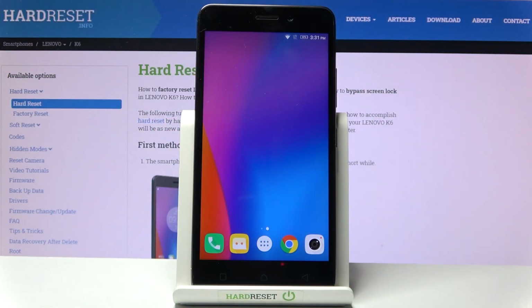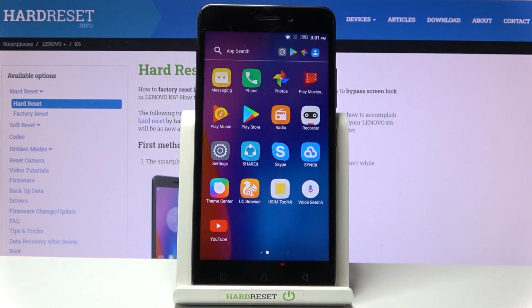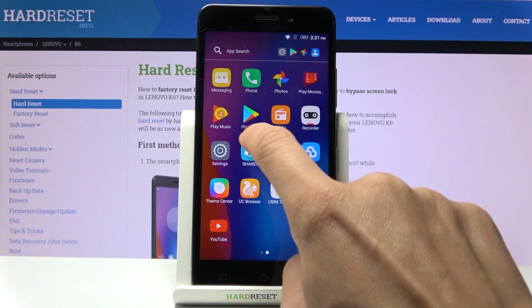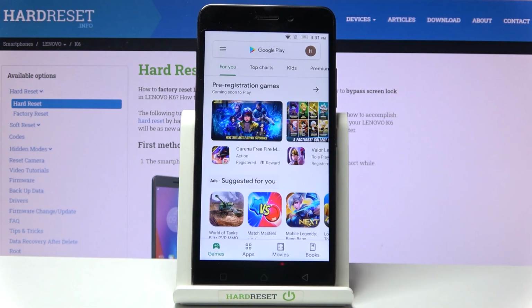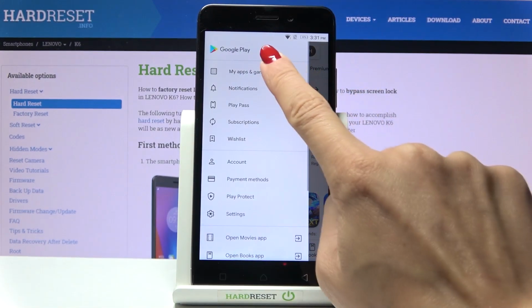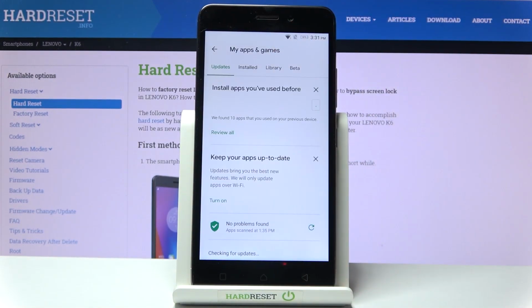Here we've got LG K6 and let me show you how to update apps on this device. So at first let's open list of all apps, locate and click on Play Store icon, and now select More. Go to My Apps and Games, and here under Updates you will be able to see all apps that will